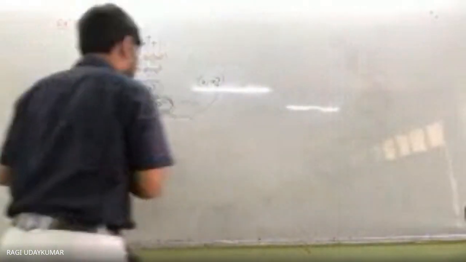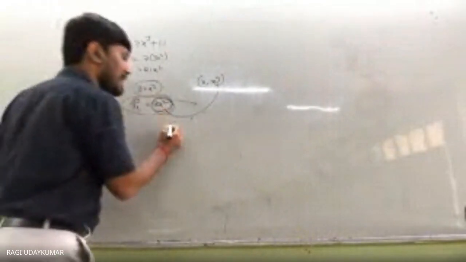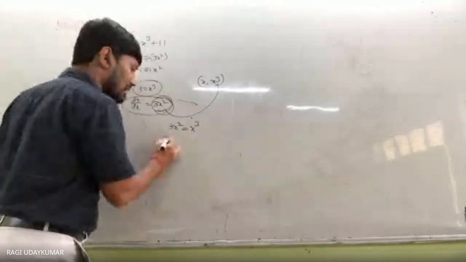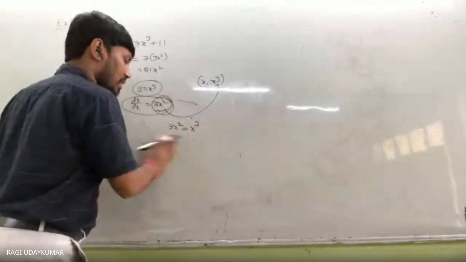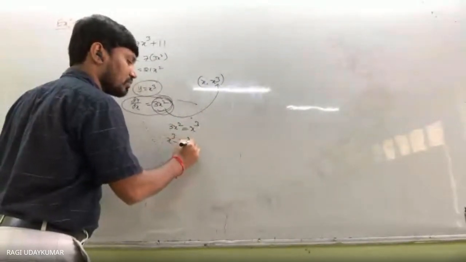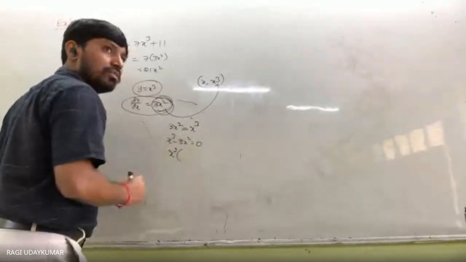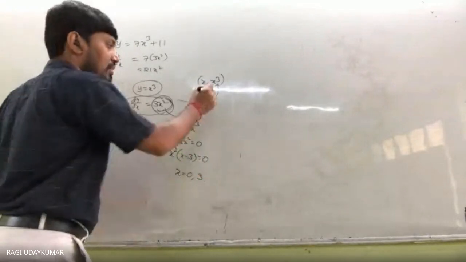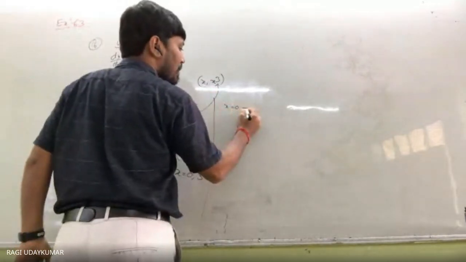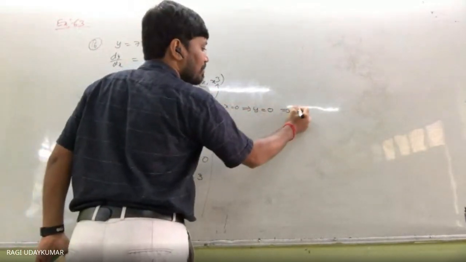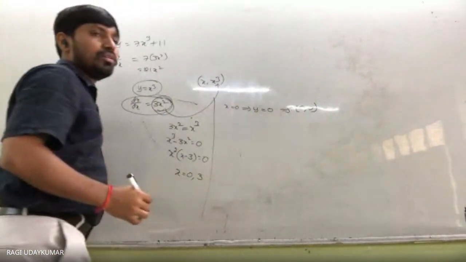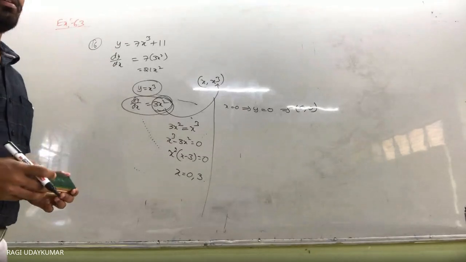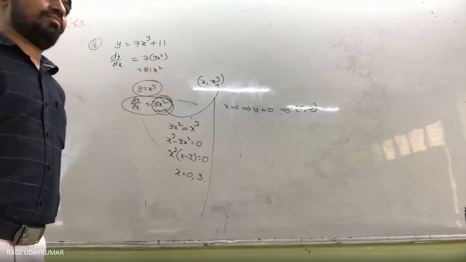That is nothing but here, as per our rule, 3x square is the slope. This will be equal to x cube. तो x क्यूब माइनस 3x स्क्वायर लिखो, x स्क्वायर कॉमन ले लो, x माइनस 3 होगा, x इक्वल टू 0 होगा, x इक्वल टू 3 होगा. That is nothing but x equal to 0 implies y equal to 0. So at the place of 0 comma 0, the slope of the tangent is equal to the y coordinate. Means slope is 0.